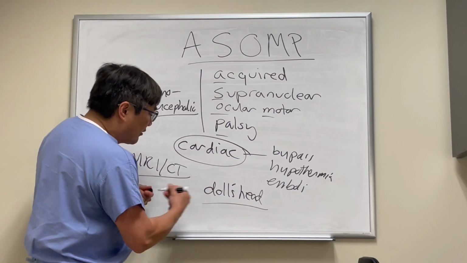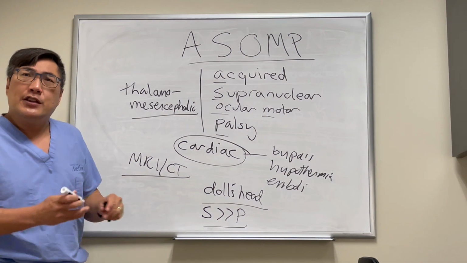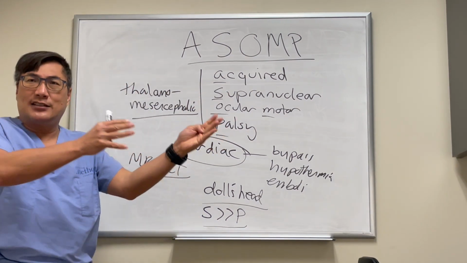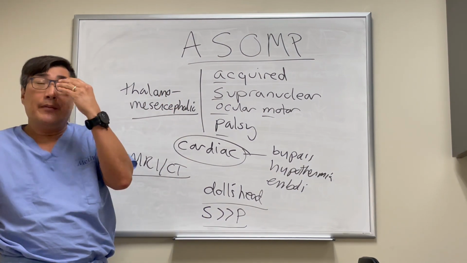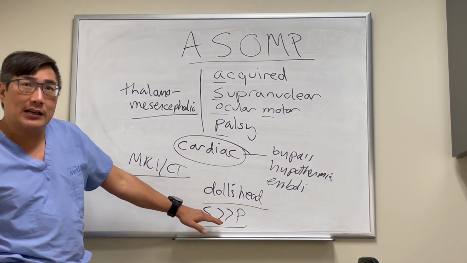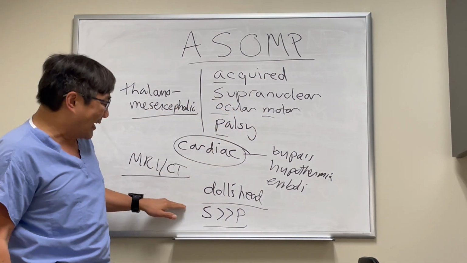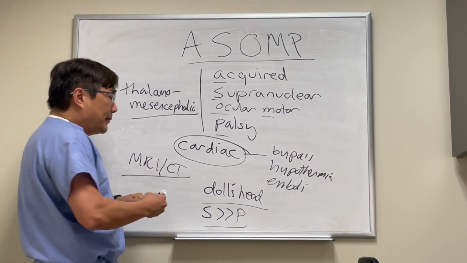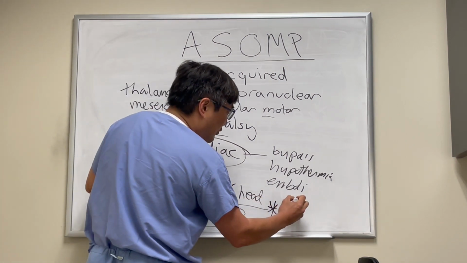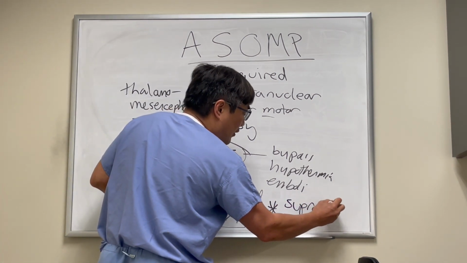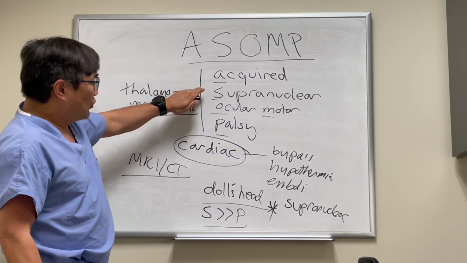In addition, another interesting feature is the saccade is usually affected way more than the pursuit. So patients, when they're asked to saccade to the right or left or up or down, can't do it. But if you pursue, they can do it. And that kind of dissociation between the saccade and the pursuit means that everything from the nucleus down, nerve, muscle, and junction, has to be intact. And if you find this dissociation between the saccade and the pursuit, you're going to do the doll's head maneuver,